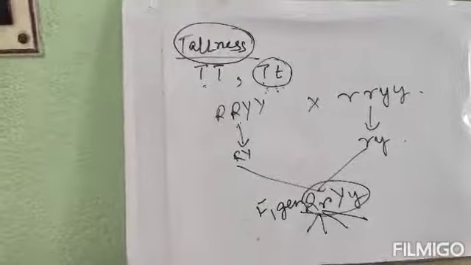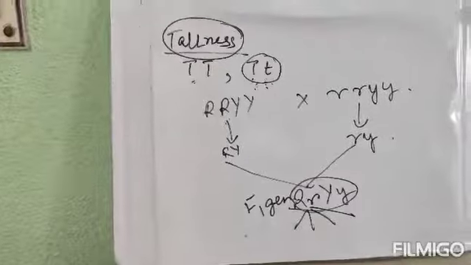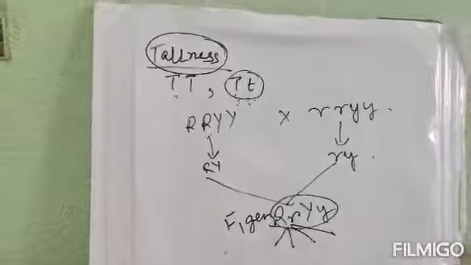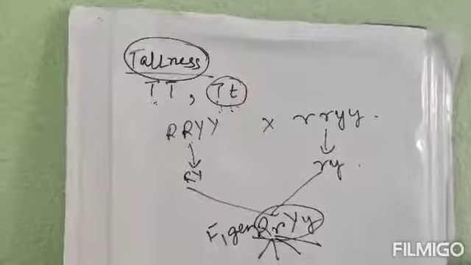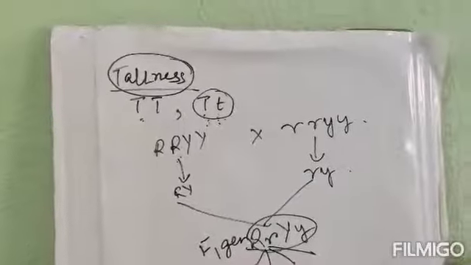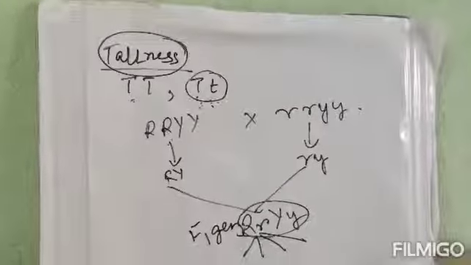Next question. About 8% of the human male population suffers from color blindness, whereas about 0.4% of the human female population suffers from this disease. Write an explanation to show how it is possible. That question I have given is that males are more prone to the color blindness disease. Why? Because the males have only one X chromosome, whereas the females have 2 X chromosomes.